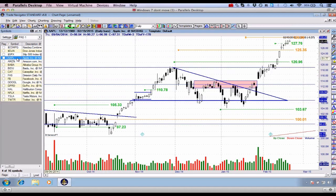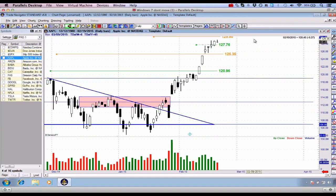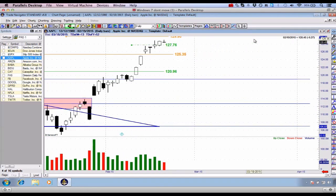Rounding out a few other stocks which we follow, Apple today had a little bit of a doji. Let me zoom in so you can see this. It's a very small candlestick. We entered into this at 120.96 on the breakout of this resistance level. Very profitable trade. Original stop was 125.35 coming into the trading week, but since then it's just continuing to make